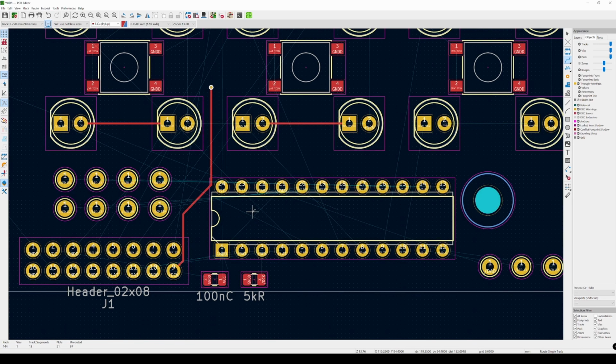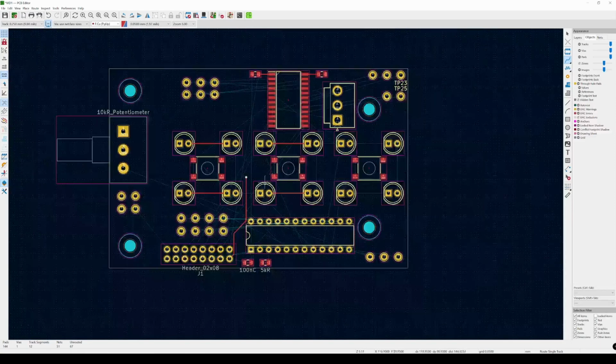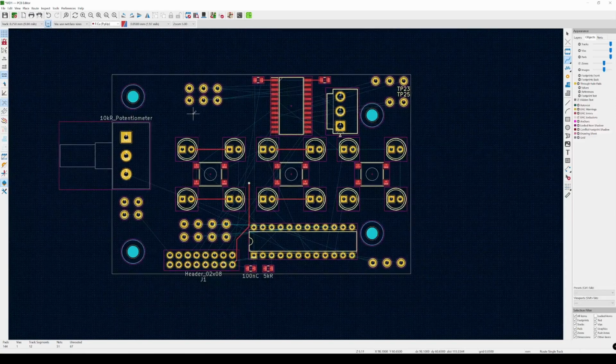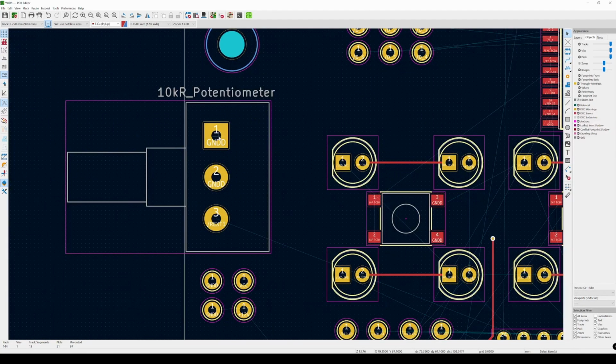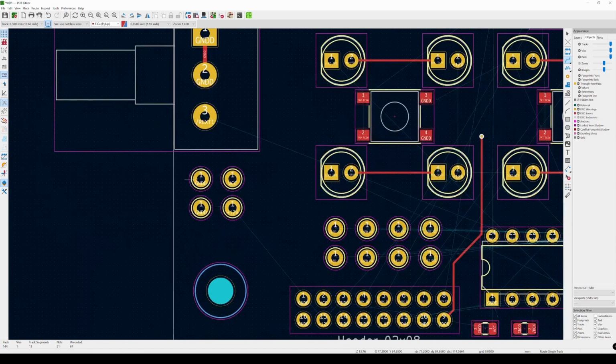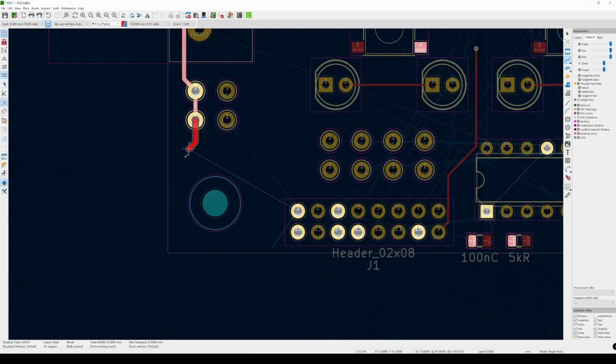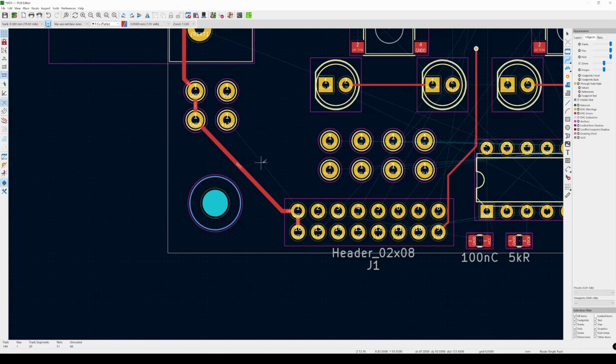So that's essentially the basics. Now it would be very boring for me to show the whole thing, because this usually just takes a lot of testing out the best way to put things. Generally you should just find the easy, clear connections first. You can see that's very clear, and basically that is going to be the best way to route this. Then you could go like so and like so,